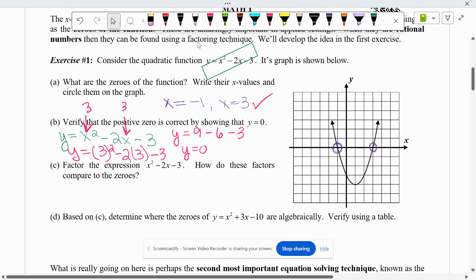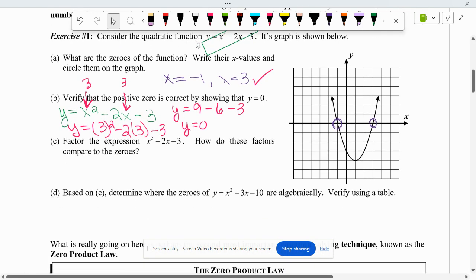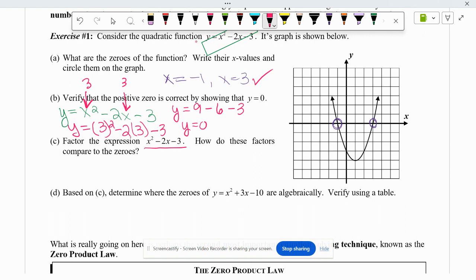So we just verified that, okay? Now we're just going to look at the quadratic expression. We're going to ignore the y, and we're going to factor it. I'm looking for two numbers that when I multiply them, I get a -3, but when I add them, I get a -2. What are two numbers? -3 and +1. So that means I'm going to factor this as x minus 3